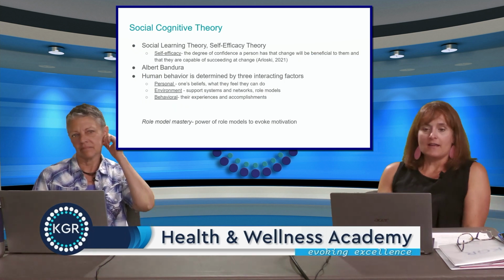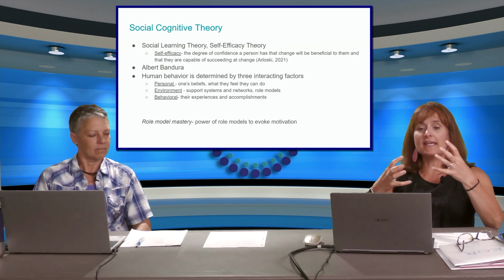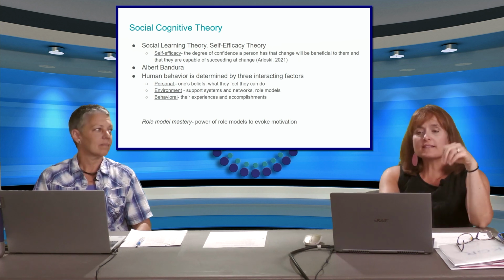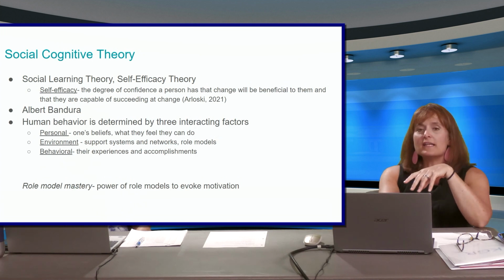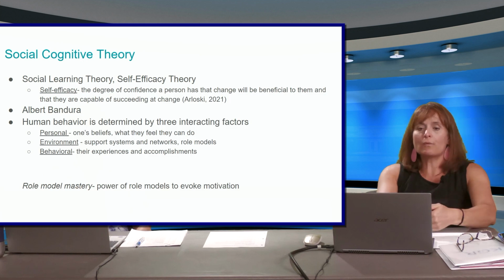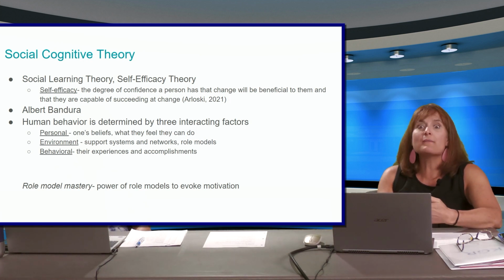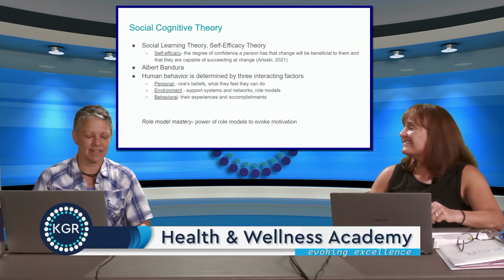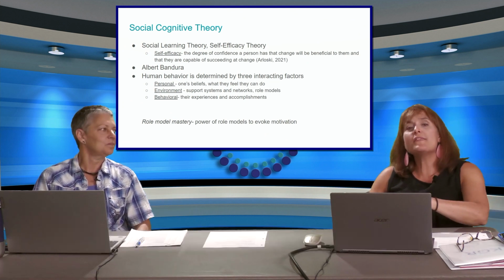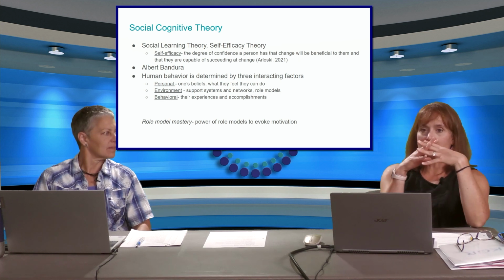Social cognitive theory. This is another theory that brings three main components into play. You're also going to see it as a self-efficacy theory, sometimes even the role model theory. Basically, this is getting to the point where we have that self-efficacy, that confidence that, okay, I have the ability to change. I can do this, and I know that I'm going to be successful, is the bottom line. Yeah, the confidence that you can, I think, is how I think of this. Yes, exactly. And what this theory says is that human behavior is really determined by three interacting factors.